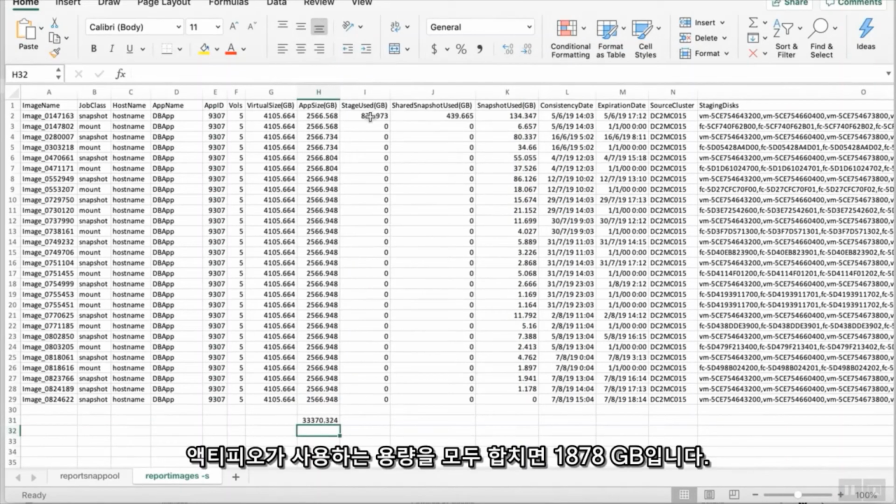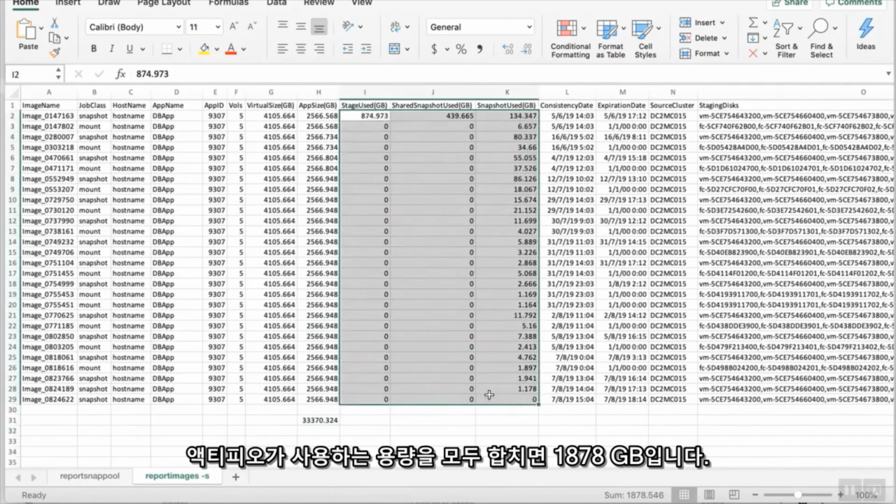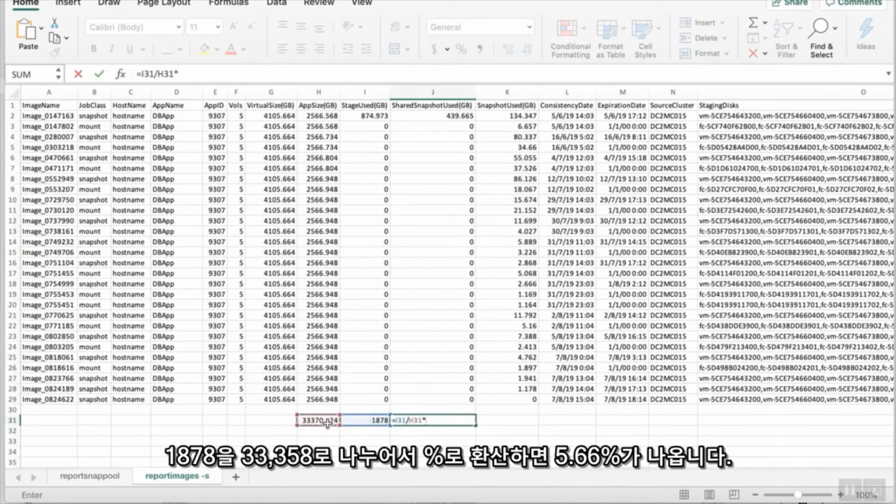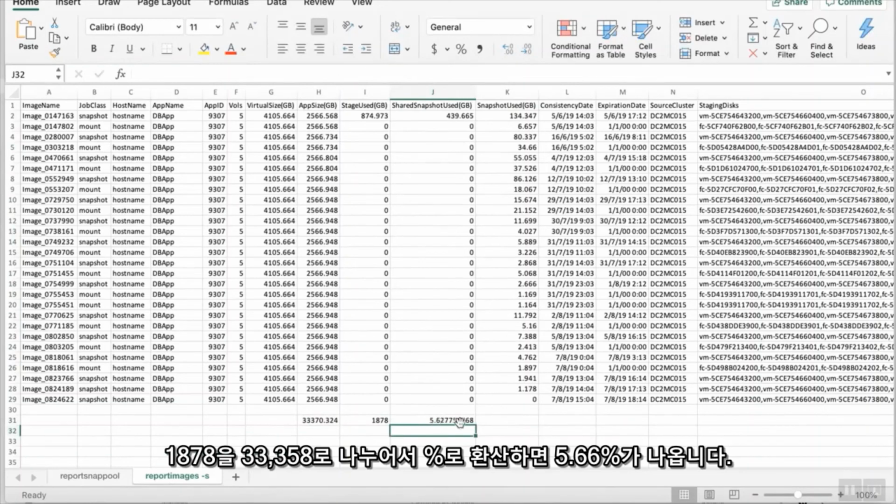Now, do you remember how much space we consumed? If I sum all of those columns up, 1878. So I'm going to pop that in there, 1878. And then here, I'm going to go equals that divided by that, and I'll times it by 100 to get a nice easy percentage. 5.66%. Now, if I just go equals 100 minus that,